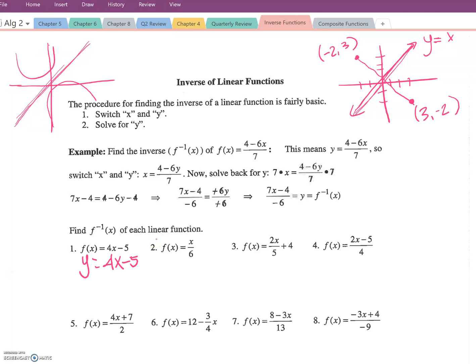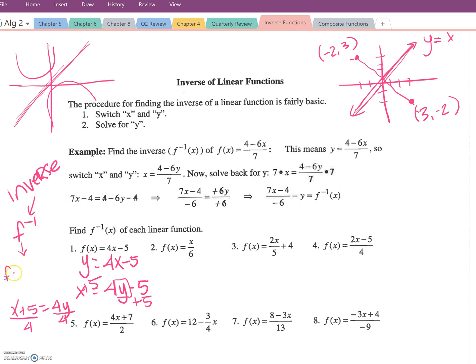In order to figure out what the inverse function is, which we notate by f of -1, you just read this as the inverse. Remember we said for the points you would just switch x and y. So to find the inverse function, you switch x and y, and then you put it back into y equals form. So in order to do this, I would have to add 5. I want to get y all by itself. Add 5, add 5. Now I'm at x plus 5 equals 4y. In order to solve for y, I have to divide by 4, divide by 4. So the inverse, f -1 of x, is